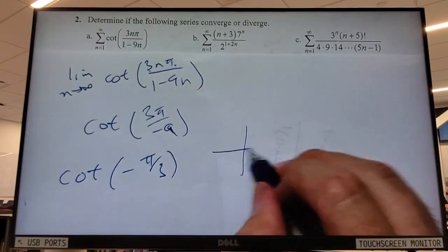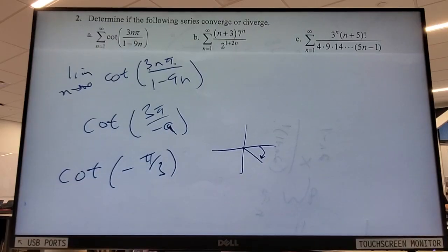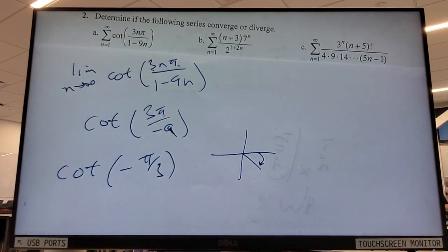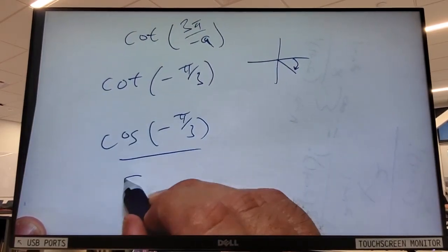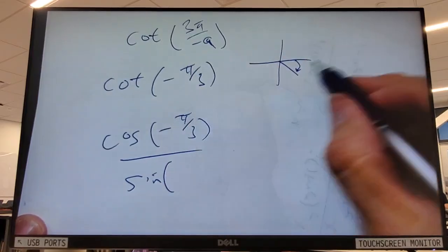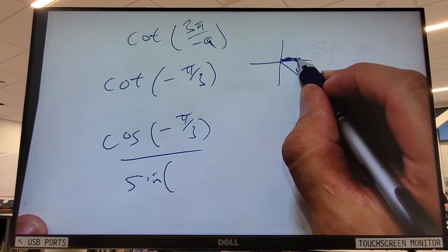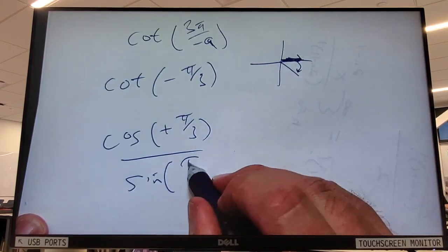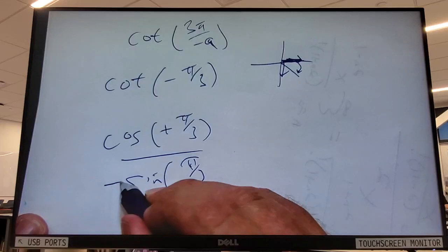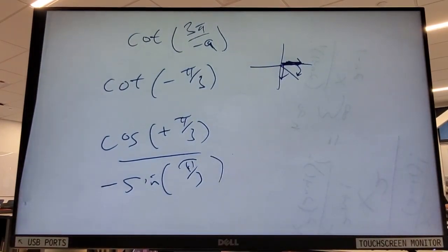What quadrant am I in? Four? Good, because you go back pi over 3, yes? You could break that down into what over what? Cotangent is what trig over what trig? Cosine over sine, I like it. I'm in the fourth quadrant, correct? So cosine is the x part, it's going to be positive, and the sine part's going to be negative. Bam. So now I've taken the problem and made it into a very basic trig problem, which